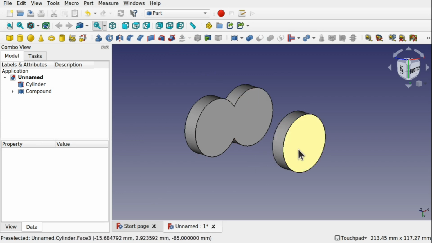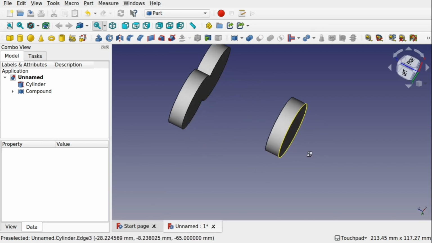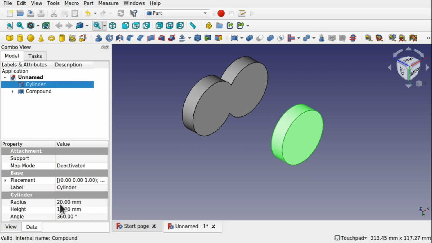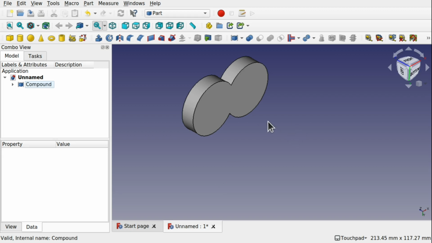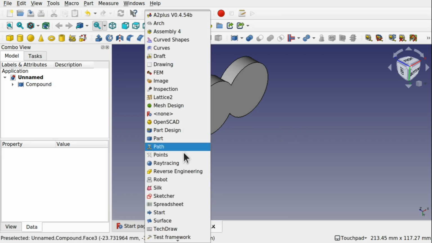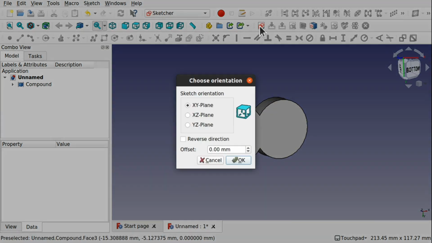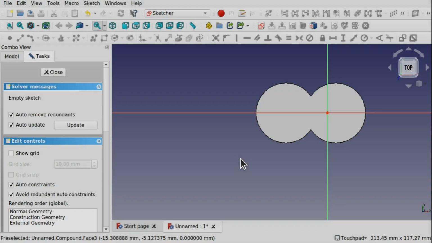At this point, it's worth thinking about what we actually have here. So we've got a primitive object, which is a radius of 20 and a height of 10. We can create this with a sketch. I'm going to use the Part workbench and use the sketcher in the part to create that. XY plane's fine, and we're just going to create